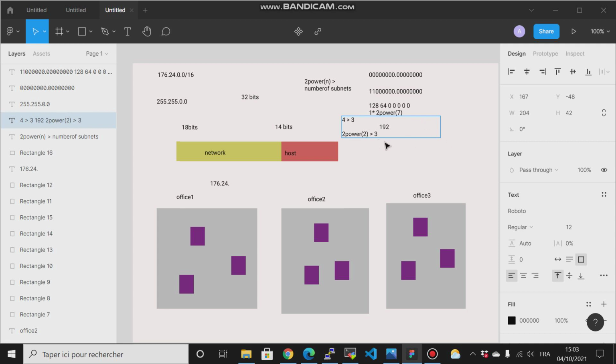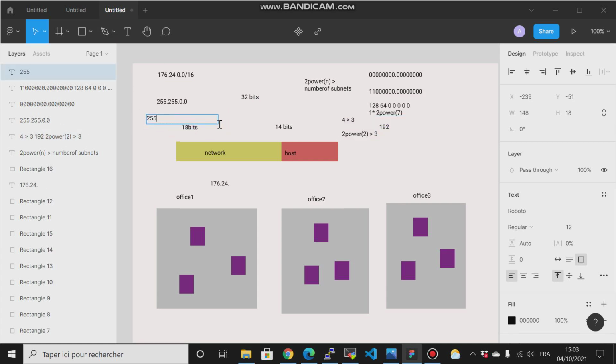So the new network mask is 255.255.192.0, right? And then the first IP address here,